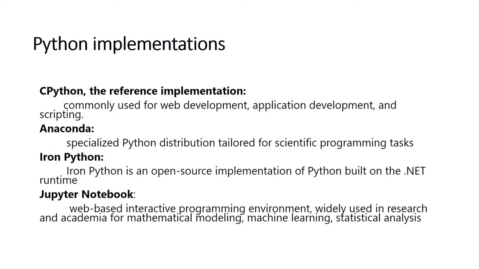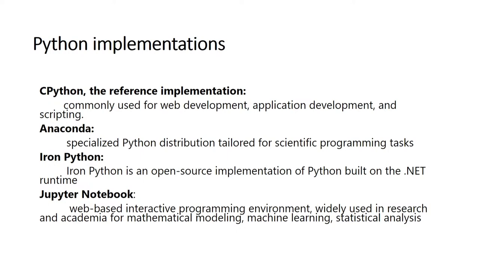So first is CPython. This is the reference implementation. This is commonly used for web development, application development, and basic scripting. This is the most popular Python implementation available. Whatever you download from python.org is the CPython implementation. So this is the most used implementation of Python. You just go to python.org and download the CPython implementation from there. The next